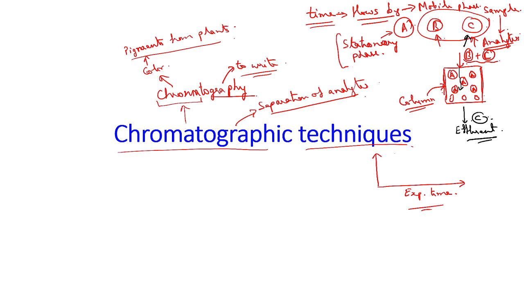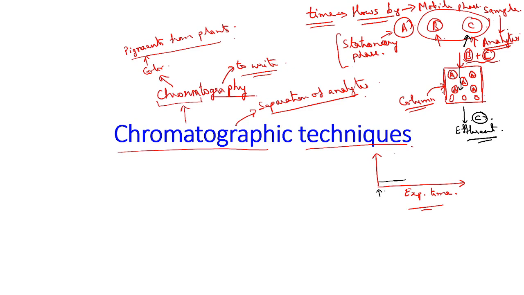So the C will come down very quickly. Okay, and suppose at the exit of your home, if you keep a detector, what will the detector see? The detector will see that you have initiated a party at 0 time, at 0 experiment time. Your party has been going on within this period, and during that period B and C both were present within